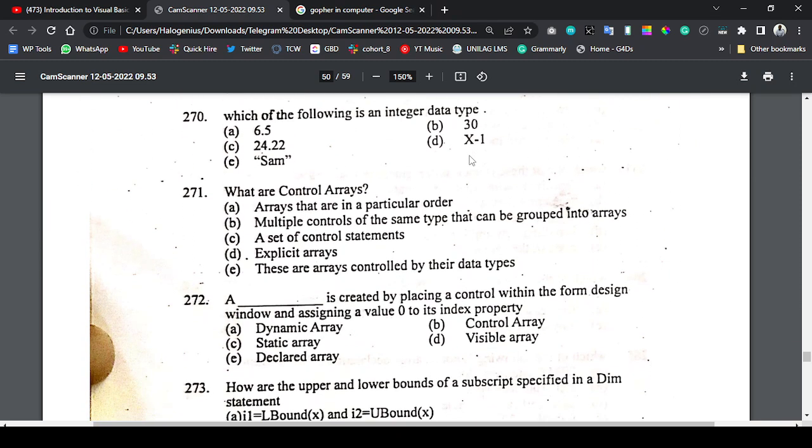For 270, which of the following is an integer data type? This is a float, this is a float, this is not even numeric at all. So the integer data type would be B. So for 271,